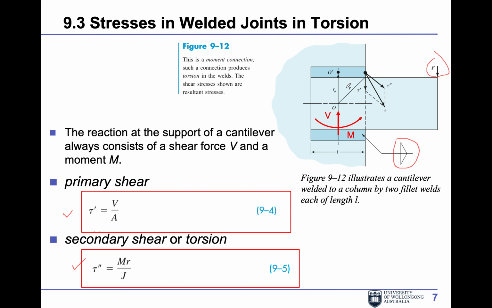The secondary shear stress is M R over J. M is this moment. R is the distance of the point of interest to the centroid of the weld group. So this one you have a rectangle. It's symmetric, so the centroid is right in the middle, and this distance is the R. So you can see the large stresses happen at these four corner